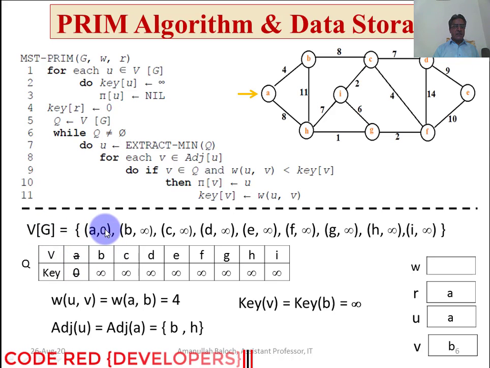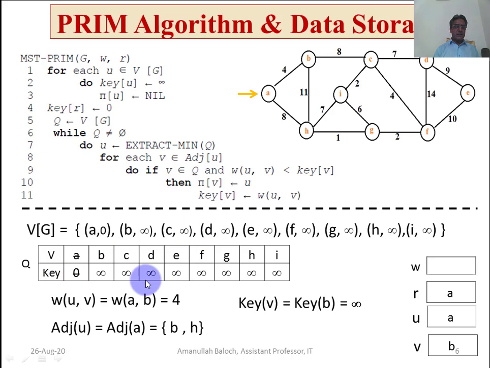These are the labels and these are the keys. So we separate these. This row contains the labels and the bottom row contains the keys of those vertices or nodes. So row number 2 contains the keys, and row number 1 contains the set of vertices. This is Q. This is the first node, its key is 0. Infinity is the biggest value, 0 is the smallest value. Q contains the vertices of the graph. The vertices of the graph have been assigned to Q.